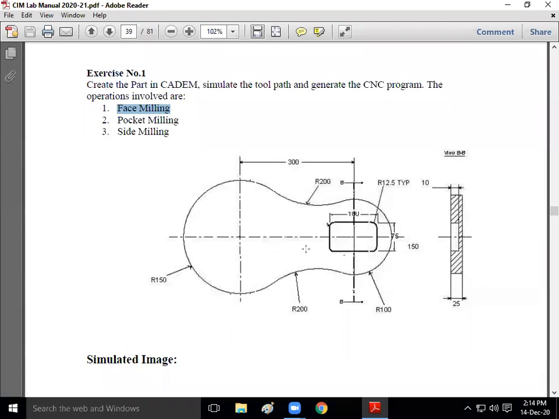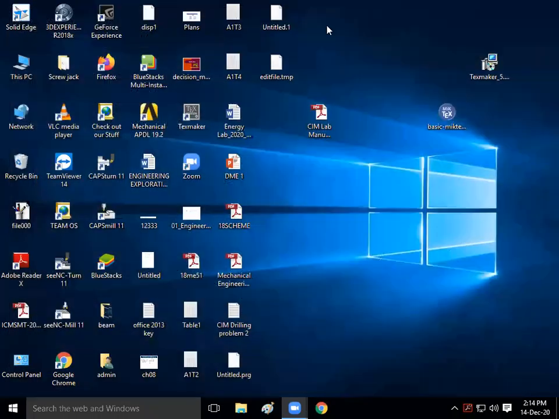To carry out these three operations and to generate the toolpath, I need to create this part in the CADM, that is in the software. So to create that part, I'm going to open this CapsMill 11.